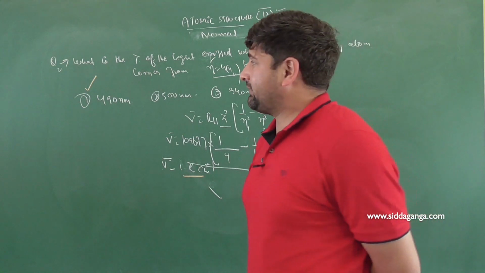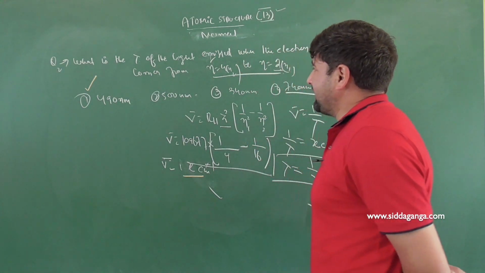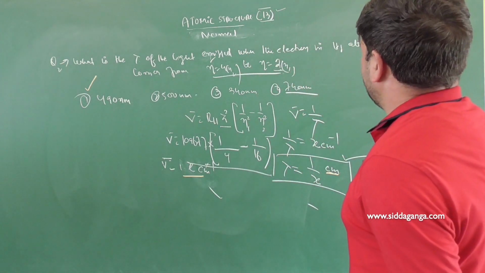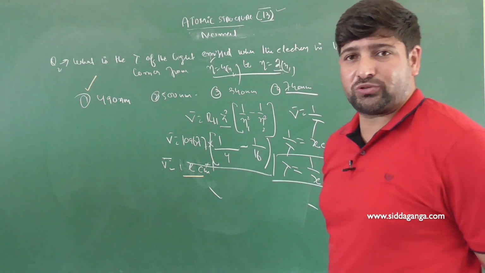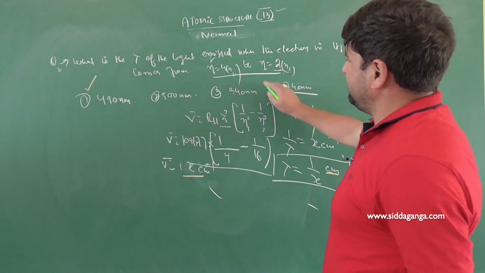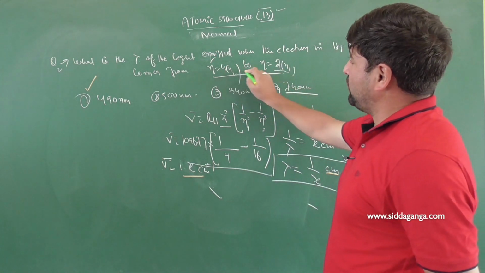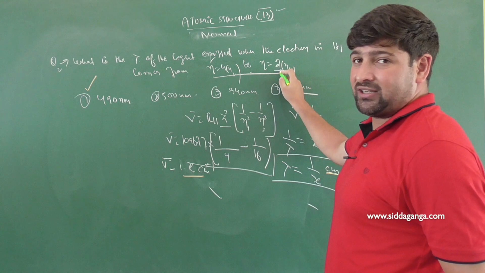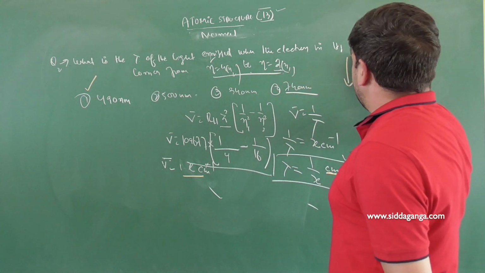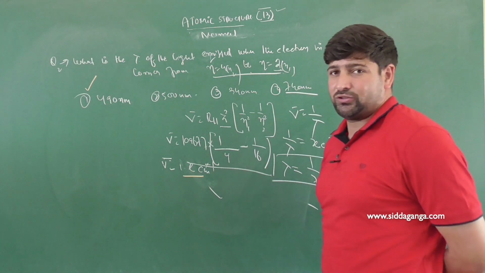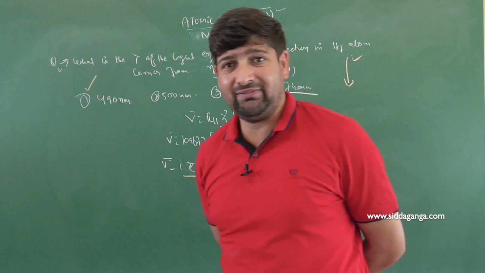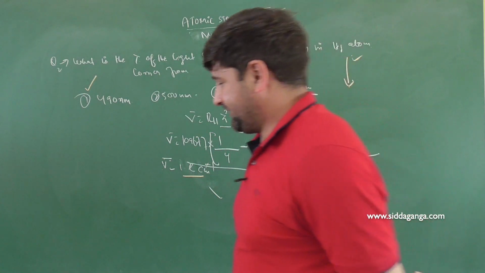Did you follow it? What was the question asked? What is the wavelength of the light emitted when the electron in hydrogen atom comes from n equals 4 to n equals 2? Very simple. We have to see what is the higher energy level. N equals 4 to n equals 2, obviously emission is there, because the electron is coming from a higher energy level to a lower energy level. With the help of that, you will be able to solve this question. Wavelength concept clear here? Right. Let us see the next question, children.